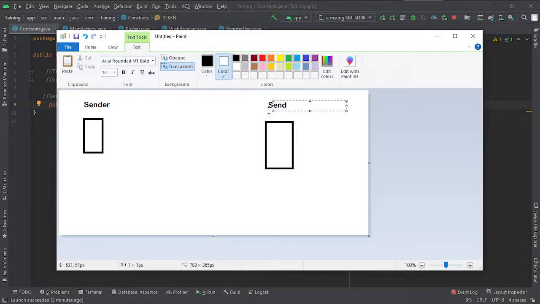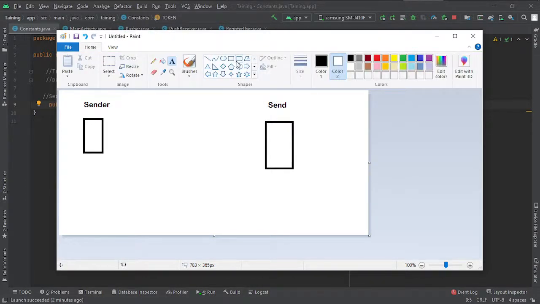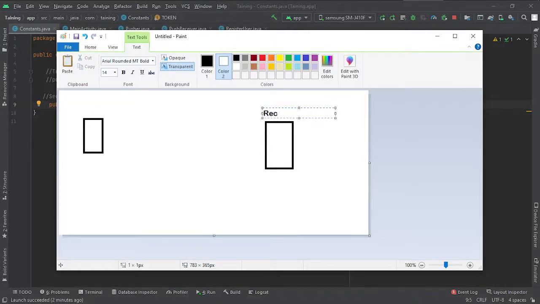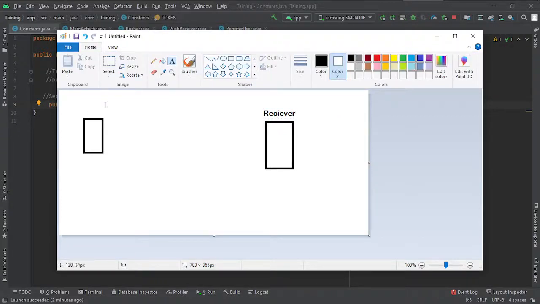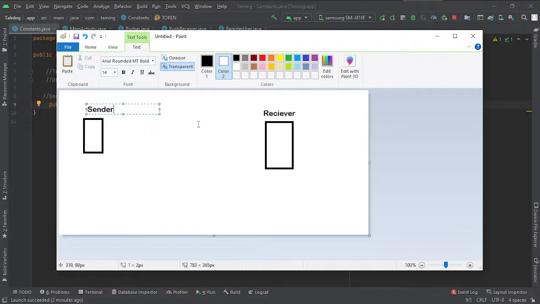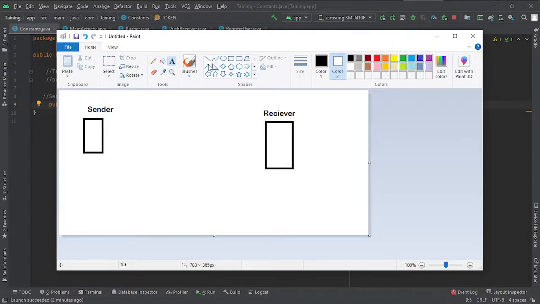So let me clean this out. Let me just draw a box on it. Oh, sorry. You know what? Let me just call this receiver, and then this is sender. So now if I want to send a value, let me select this. Now if I want to send to this guy here, I first of all have to go and request for this guy's registration server key. So the key is what I need, which is